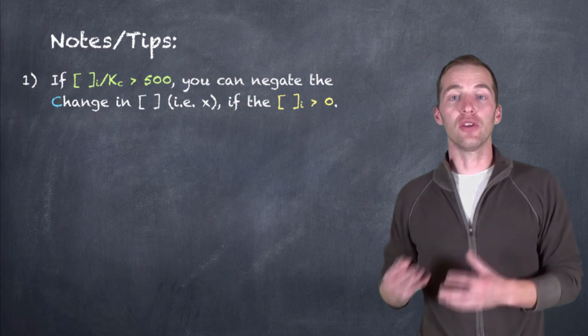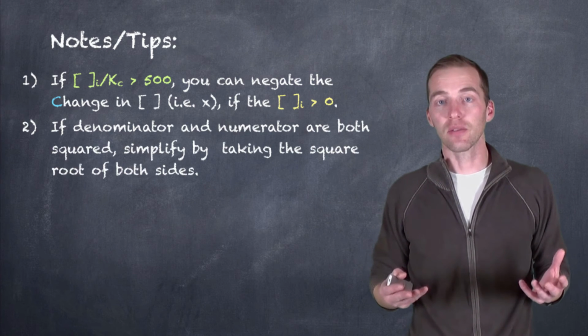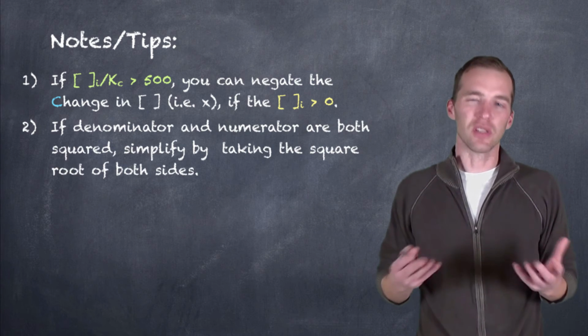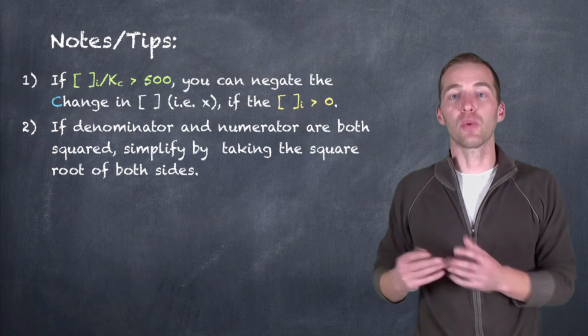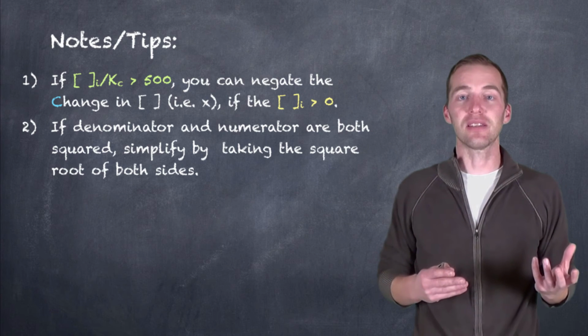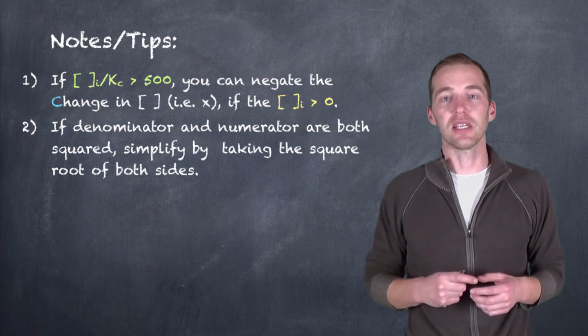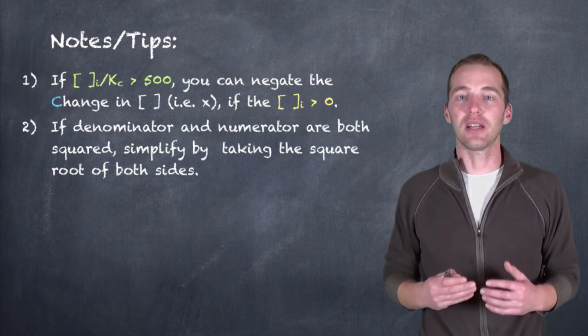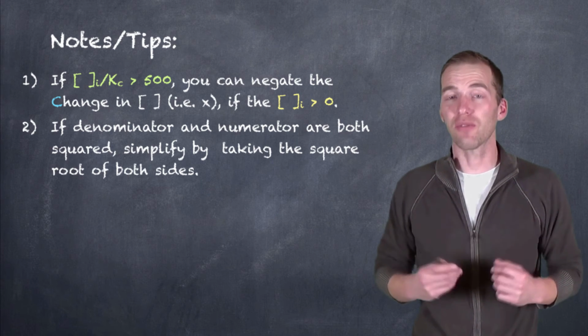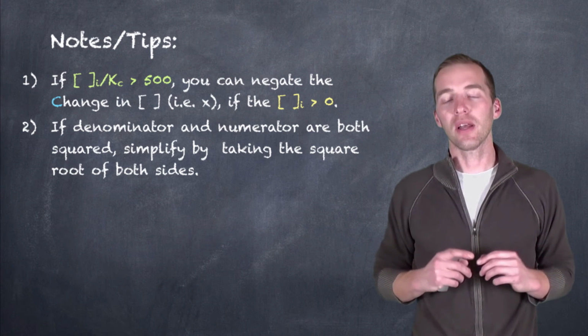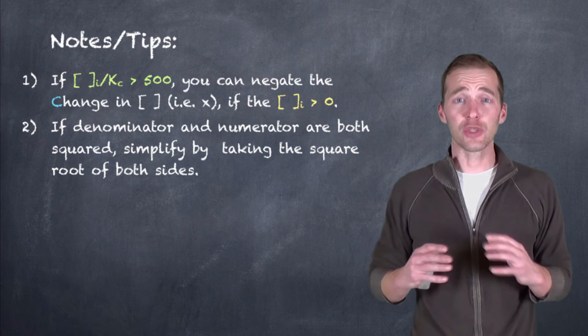If the denominator and the numerator are both squared, or they're both cubed, most of the time it's going to be squared, you can take the square root of both sides, that is the Kc itself and the values in the Kc expression, and that's going to make things a little easier on yourself, because what you're going to find is that you have a lot of exponents,